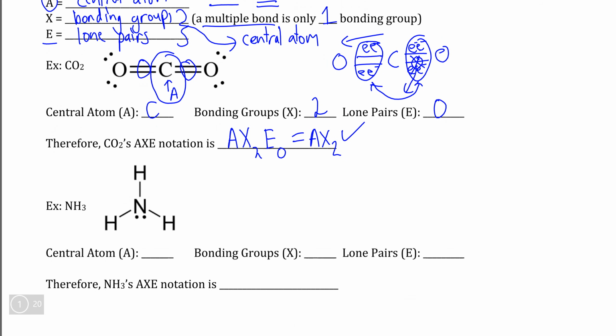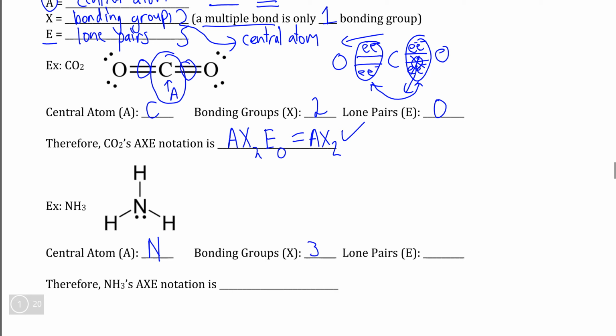Finally, let's take a look at the structure of NH3 to see an example of an AXE notation that actually has a lone pair. We know that the central atom of NH3 is nitrogen, so we're going to ignore any lone pairs or bonds that are not attached to nitrogen. We know that the nitrogen has 3 bonds, single bonds all connecting the 3 hydrogens, so its X would be